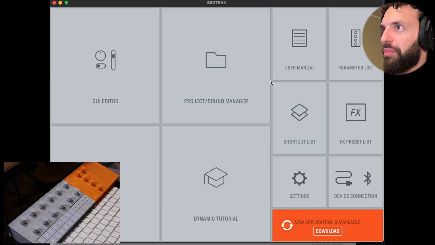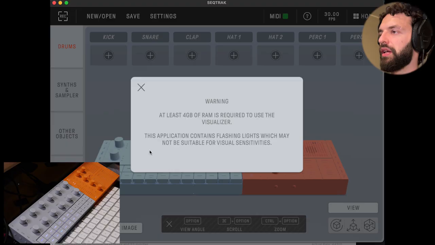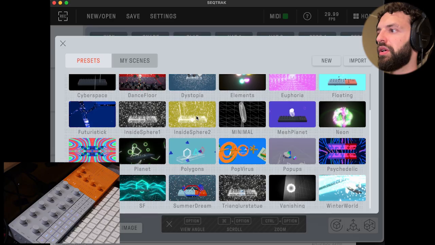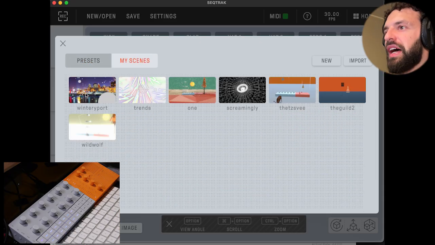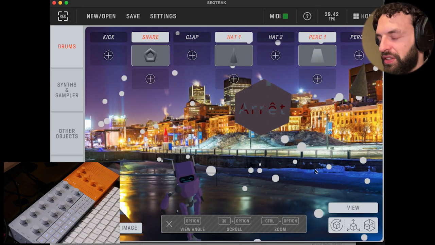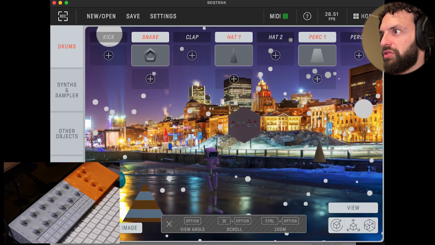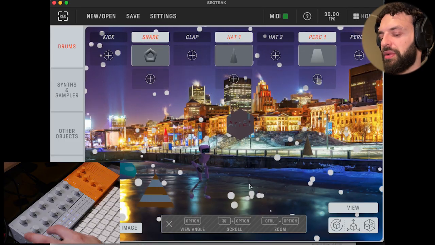All right, we're in the app right now. What we're going to do is we're just going to go into the visualizer right now. And this isn't like a whole comprehensive overview of what is included in this whole visualizer. However, I'm just going to show you how I would make a scene from scratch. I have like other things that I've worked on before, and it's fun to go back to these things. If you just go like that, I'm just going to zoom out. So this one's just of like the Montreal skyline. And if I press play,